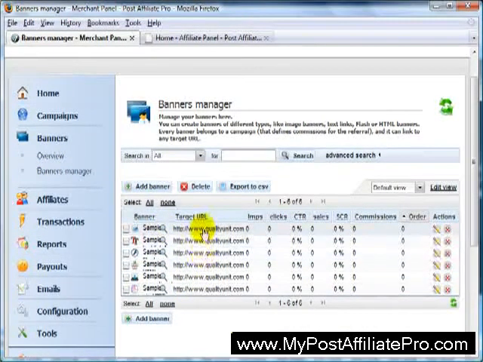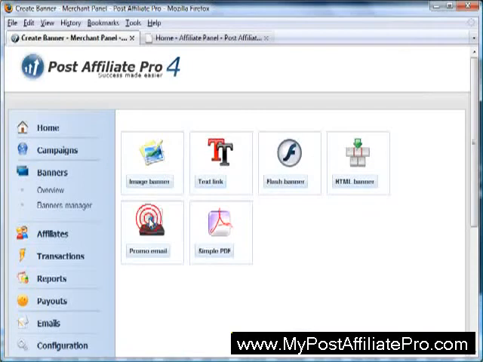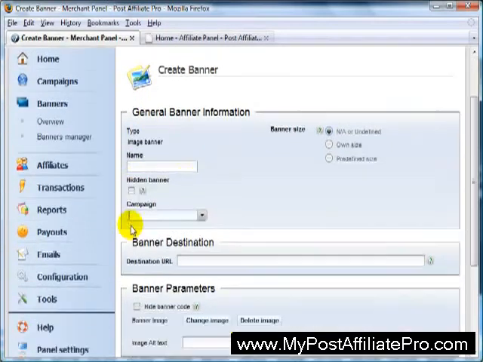Quality Unit has put in an example of every type that's available. And I'm going to show you. I'm going to click on Add Banner here. I'm going to show you how to add an image banner, a text link, and an HTML banner. The other three I'm going to do in more advanced tutorials. And you see, even though it's called banners, it's for every type of creative that's available here. So I'm going to click on Image Banner, and it comes up where I would put in a name,